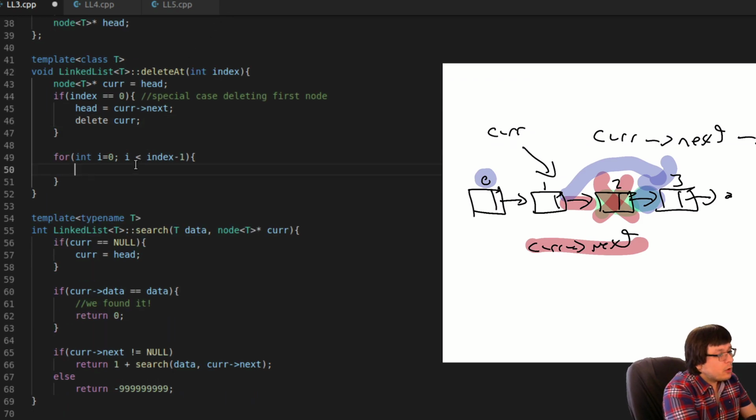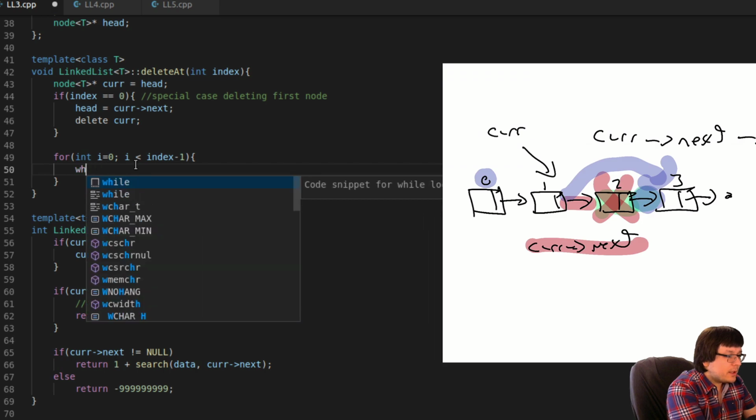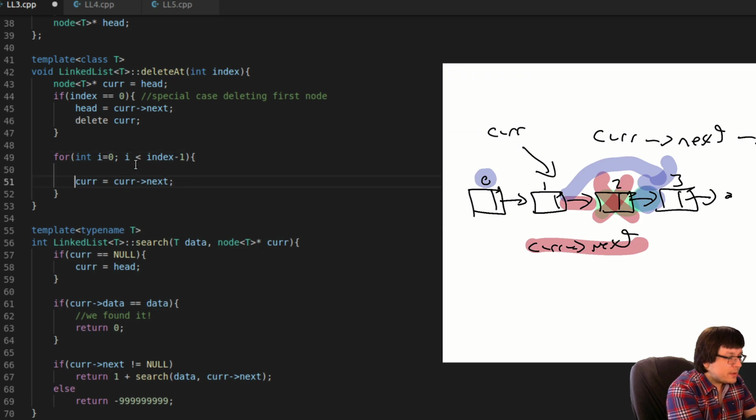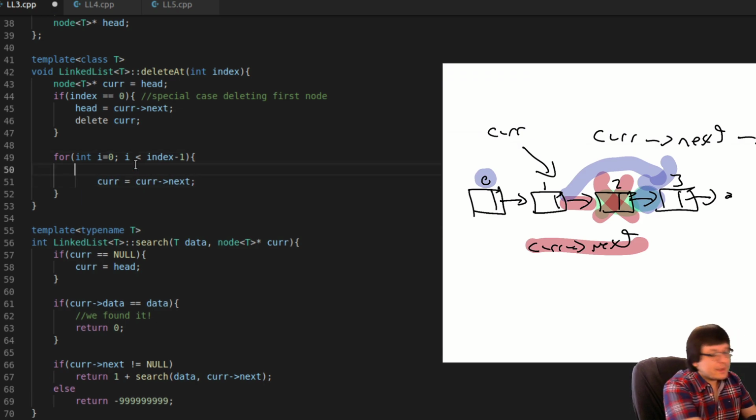Okay, so for this one, what we want to do in here is we want to just simply say cur gets cur next. And maybe to be extra safe, because I'm expecting to get a valid index, but suppose that I was mischievous and I give it an index that was out of bounds.